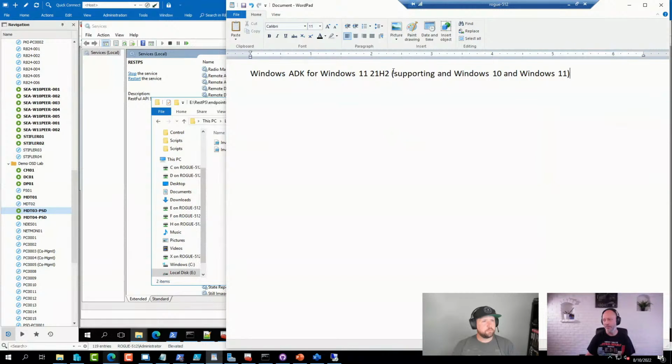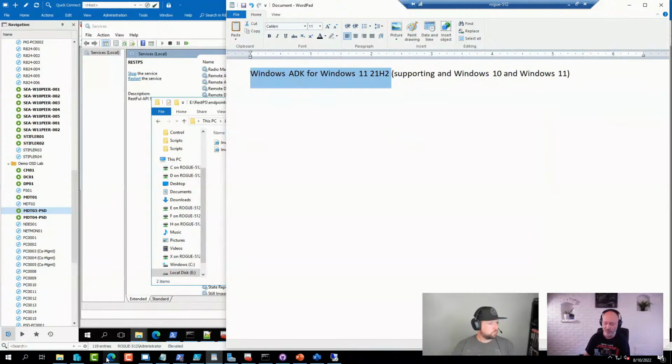A good thing about using newer ADK versions is that the driver support you get with them is really, really good. Microsoft is adding more and more drivers for every ADK version that comes out. So a lot of organizations only need to add 4, 5, 6, 7 extra drivers to support a large variety of models.